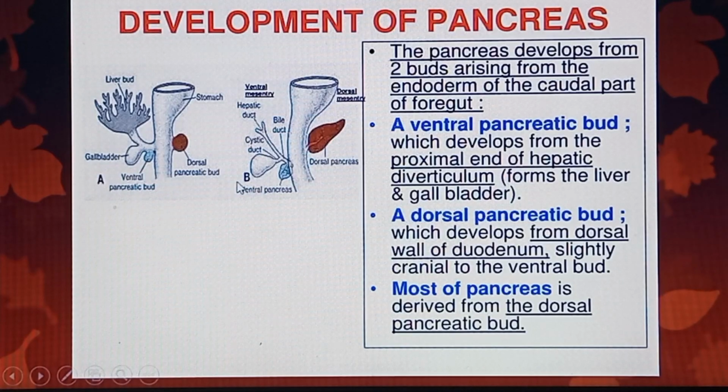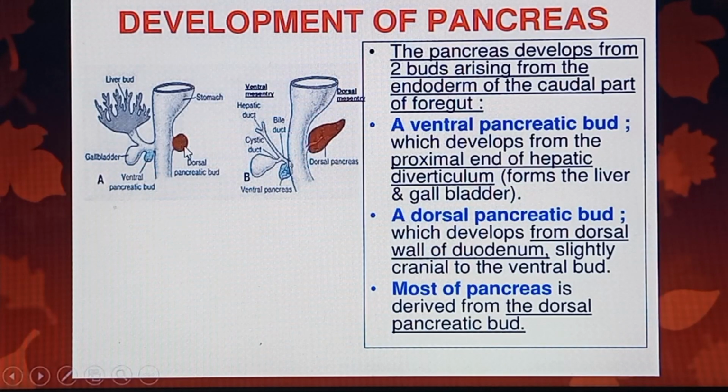And then as far as the dorsal pancreatic bud is concerned, it develops at a dorsal aspect of the wall of the duodenum. Actually we're talking about the first part of the duodenum, second part of the duodenum. So that is one thing I want you to know. And as I told you, it will be a bit above, a bit cranial compared to that of the ventral pancreatic bud. Now one thing we've established already is that of course through that kind of anastomosis